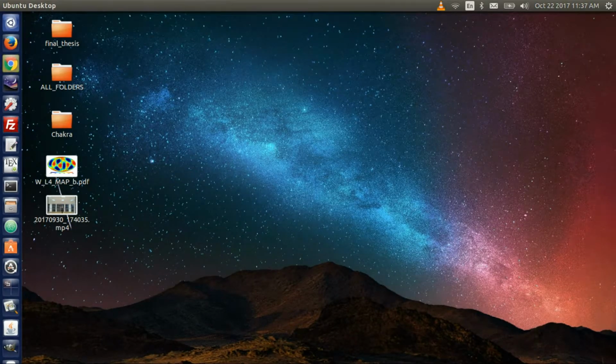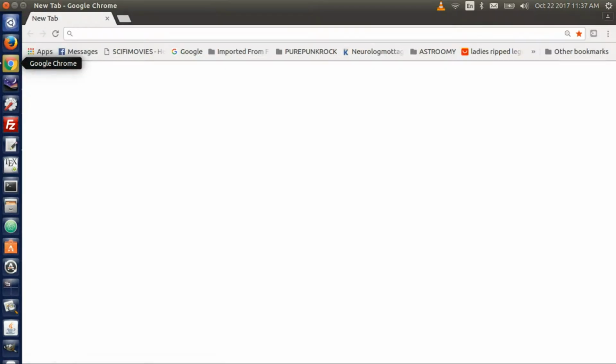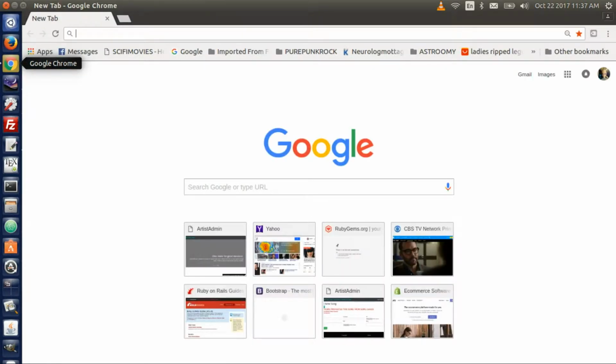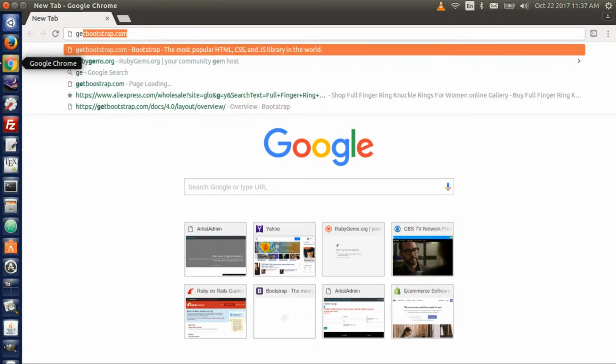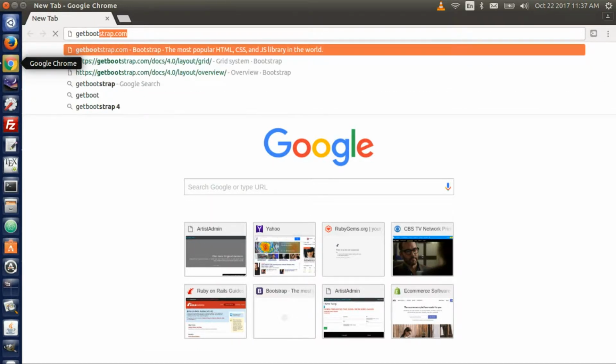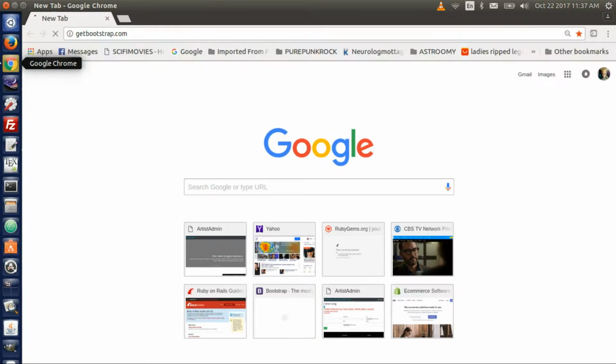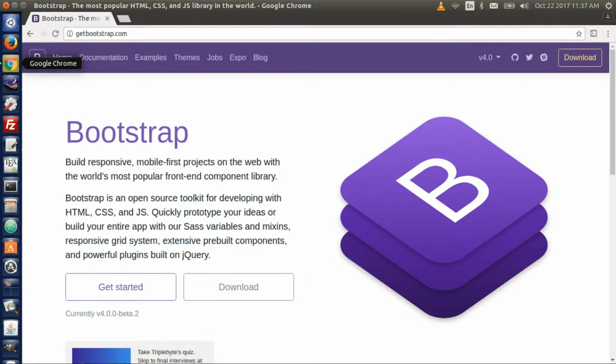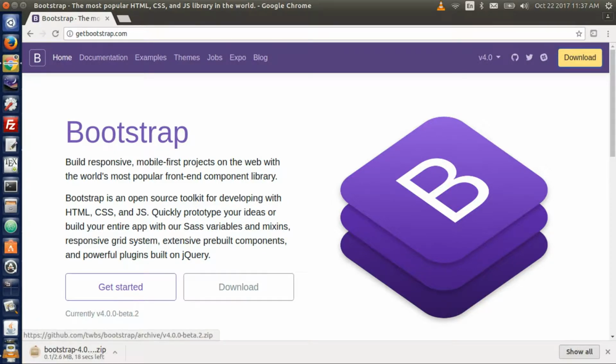All right. Go to your browser window and go to getbootstrap.com. In the top right corner, click on the download button. This downloads the full Bootstrap framework in a zip file, including documentation and theme examples. When the download is complete, unzip the file,